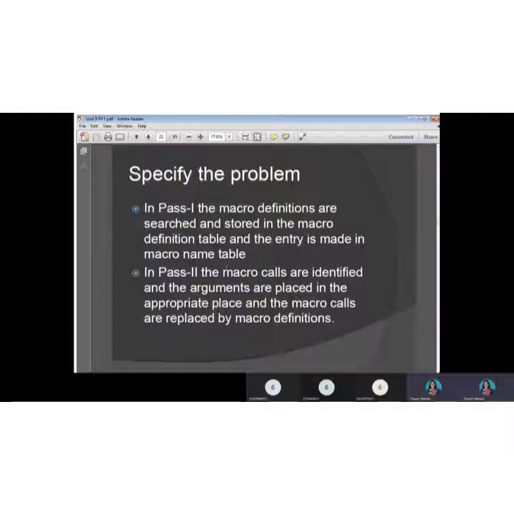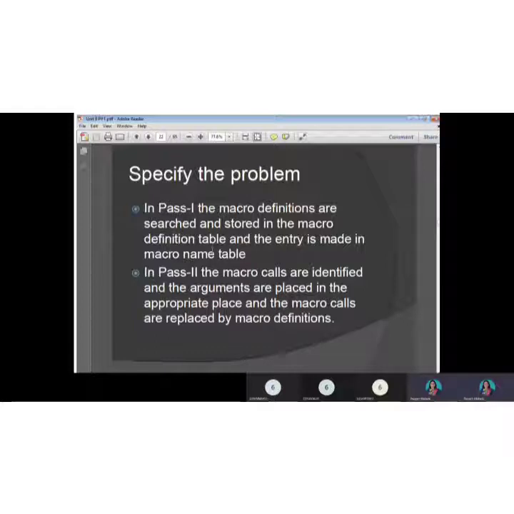So at the end of pass 1 we have two data structures ready, and also if we have arguments passed in the macro, then we also have another table which is called the ALA table where we store the arguments. So at the end of pass 1 we have identified all the macro definitions, and we have stored the entries in these two tables.